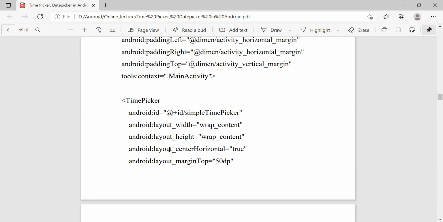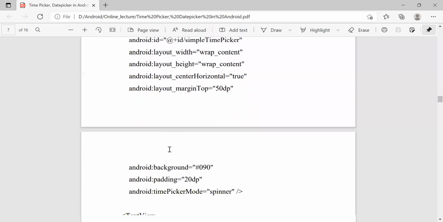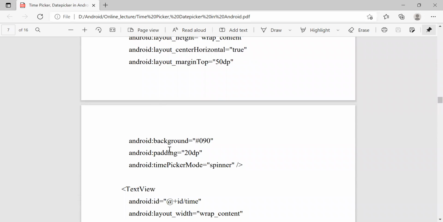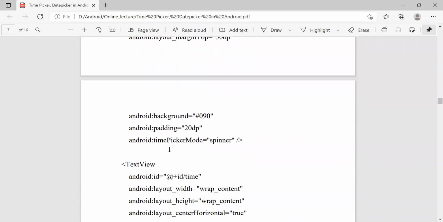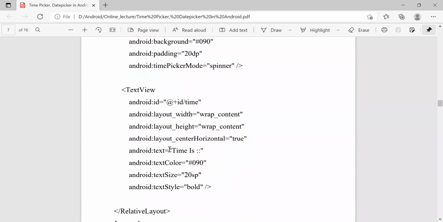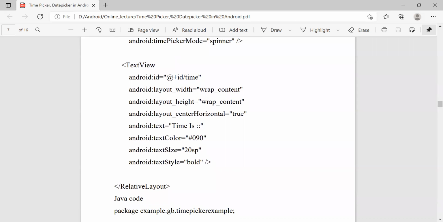From the top, we require some distance, so marginTop 15dp. We set its background to a specific color. We use padding from all sides, so we set it to 20dp. Then the time picker mode is spinner.